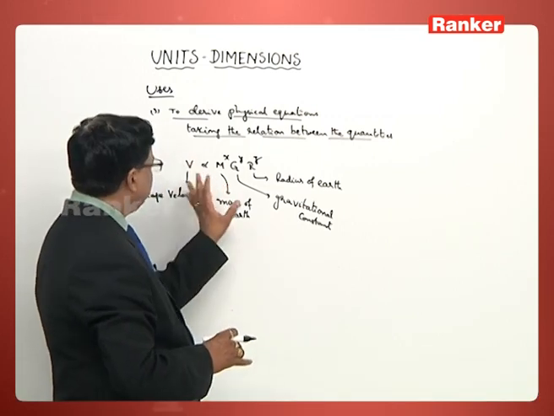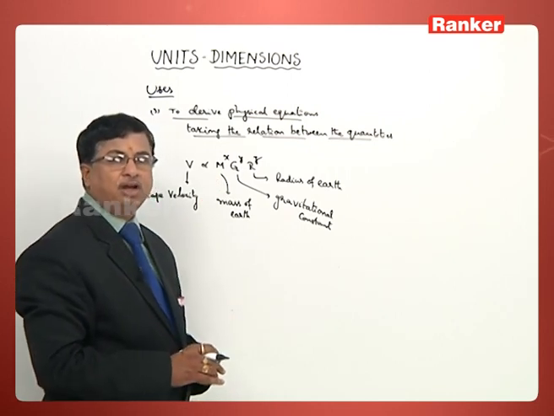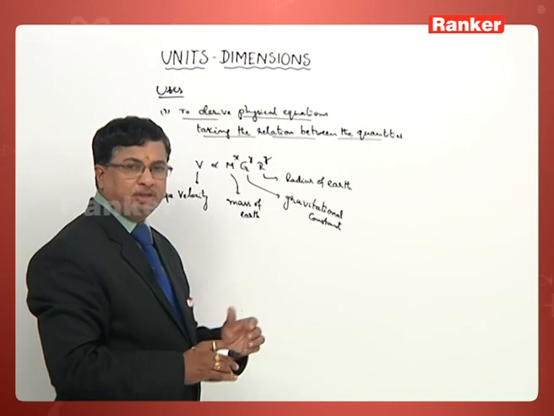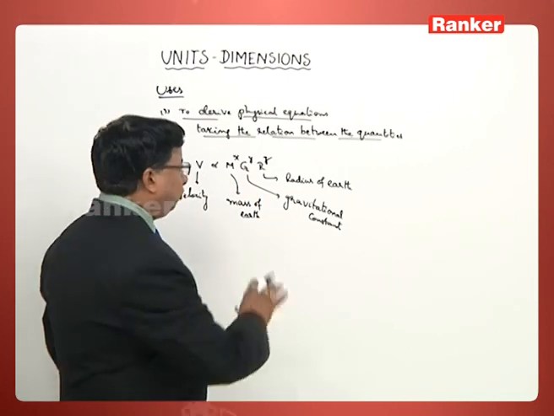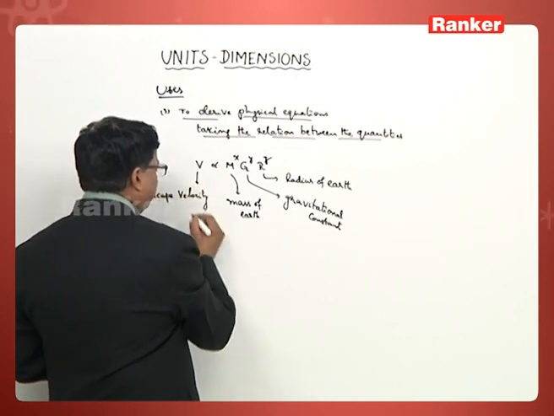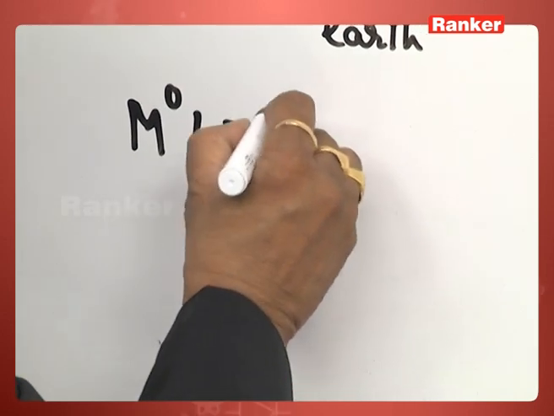This is the equation mentioned. Now, I just need to tell what are the values of x, y and z. Find the values of x, y and z will be the question. So, what is to be done first? Take the dimensional formula of V. It is M^0 L T^-1,